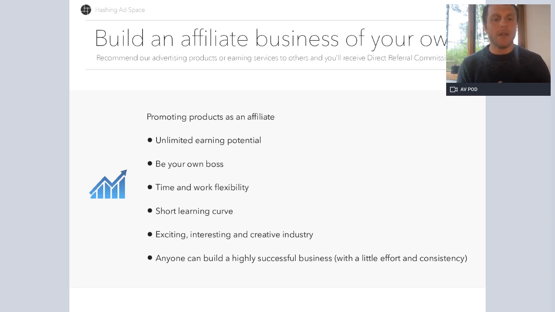And what I mean by creative, a lot of people don't use the word creative when they're talking about affiliate marketing, but I truly believe it's a very creative industry. And that makes it a lot of fun because you're constantly doing new things. You're creating new content, whether it's writing an email, making a funnel, maybe it's just making a Facebook post. And that component of it keeps it interesting and keeps it really fun.